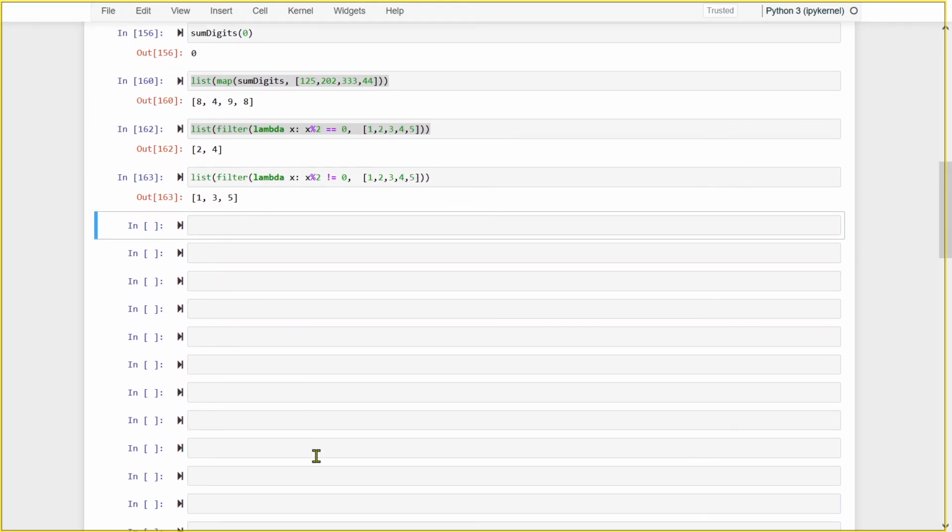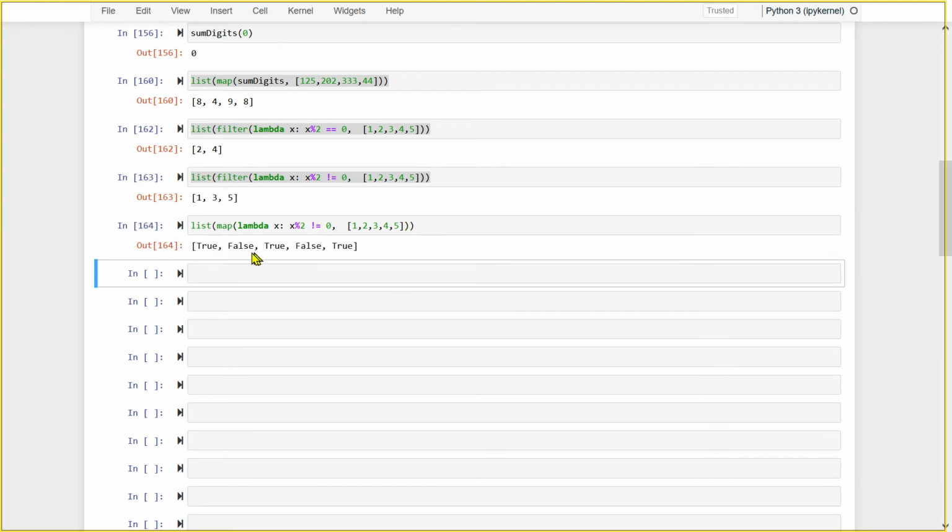Now you may ask, can I write map? What will happen with map? Map works very differently. Map's capacity is not there to filter. It will take each and every element, and one element comes, it is either false or true. For 1, the value will be true, then false, then true, then false, then true.